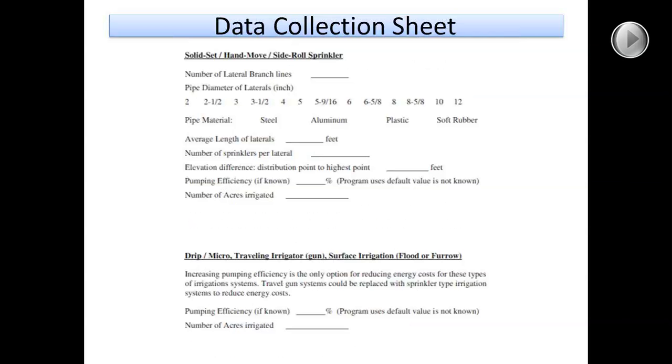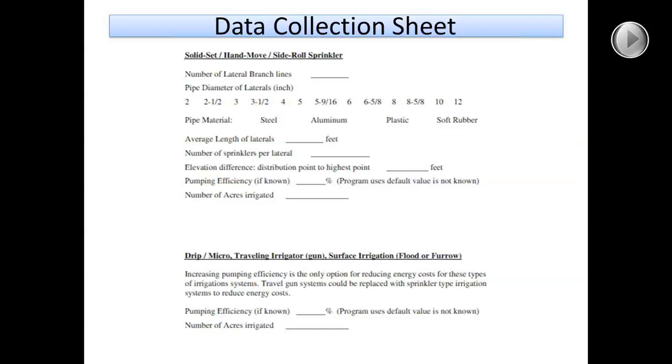This is page 4, where it said to skip to page 4. If you're looking at a solid set, hand move or side roll system, you need the number of lateral branch lines. Pretty sure that just means the number of lines that you're operating at one time. And the pipe diameter of the line itself. Generally,